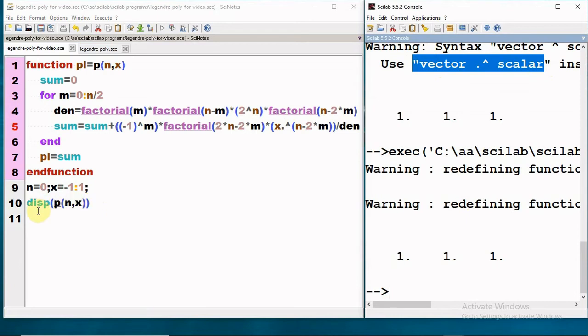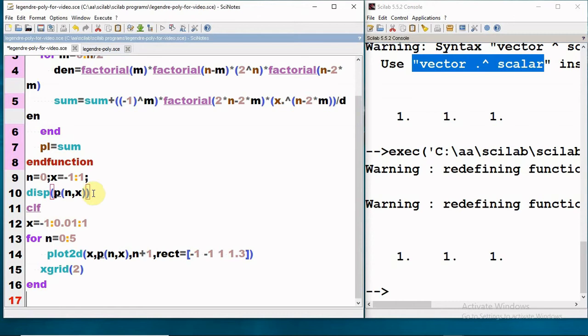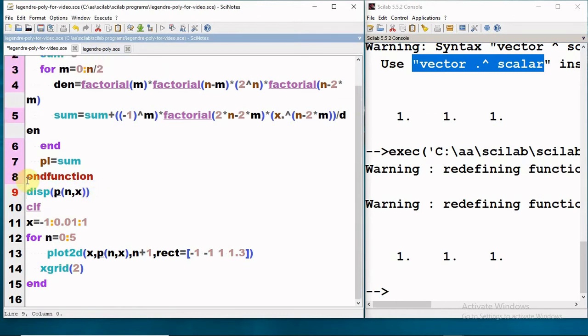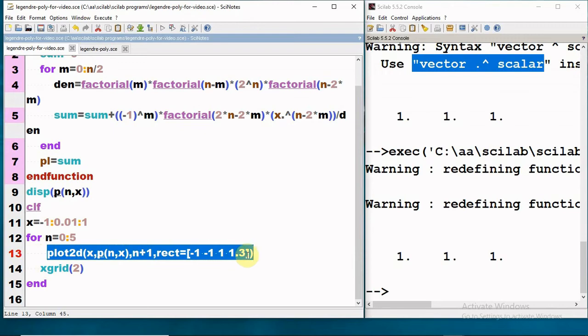Now let us plot the Legendre polynomials. In order to plot the first 6 Legendre polynomials for the values of x lying between -1 and 1, I am using this for loop, and within this for loop I am just putting the statement plot2d.